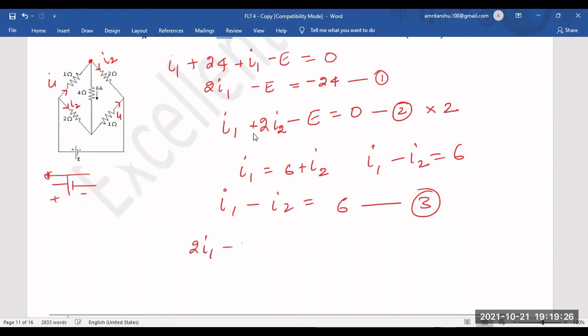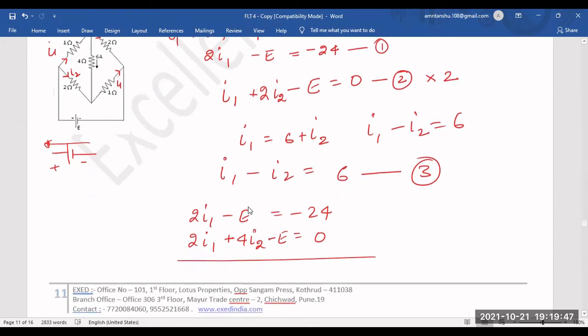So I get 2I1 minus E equals minus 24, and I1 plus 4I2 minus E is equal to 0. Anyways, what I'll do is I'll add it first. We'll come to know why I'm adding it. 4I1 plus 4I2, and this is multiplied by 2, so minus 2E minus 3E equals